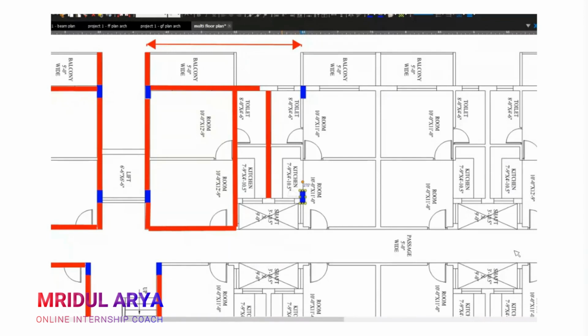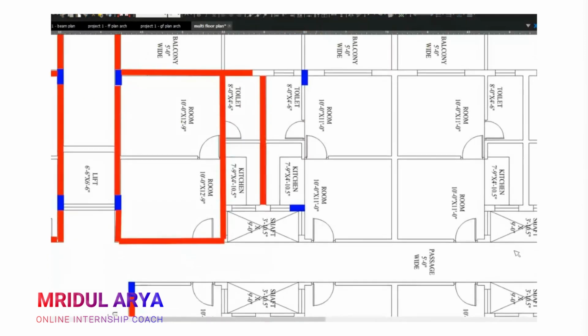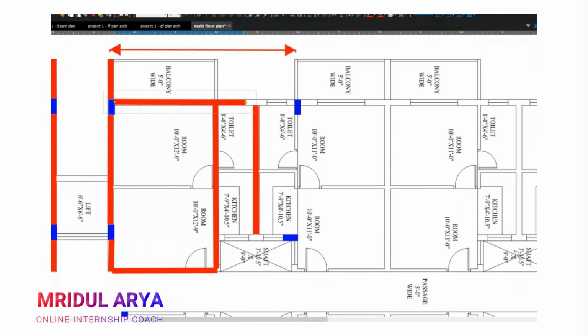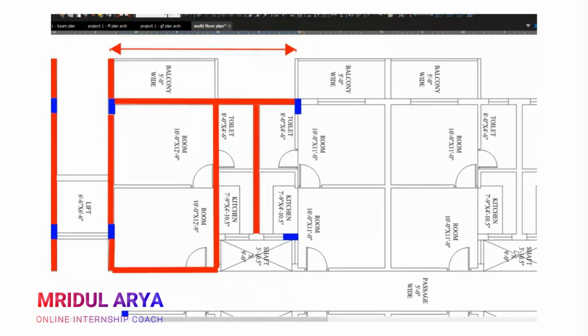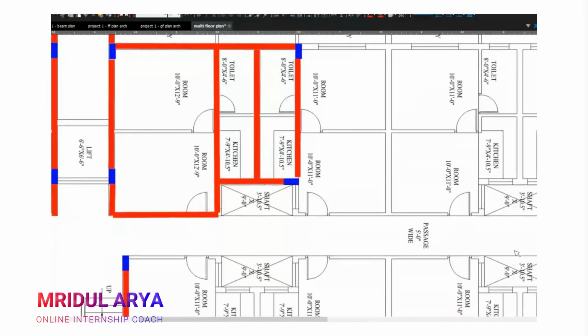My next column would be at this location, and I will just rotate it. That means it will be at this place, and this beam will be at this place. And this beam will have a cantilever base.